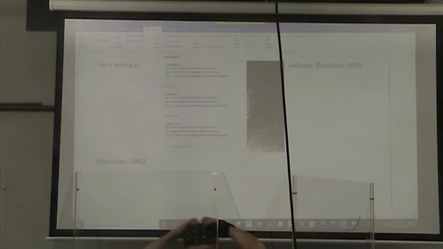And the great thing about that was I could just automatically import citations from the library. So I would be making a list of the different articles and books I wanted to cite,